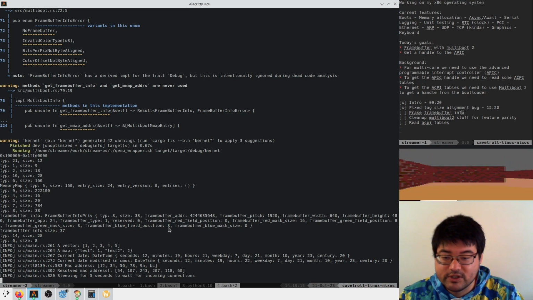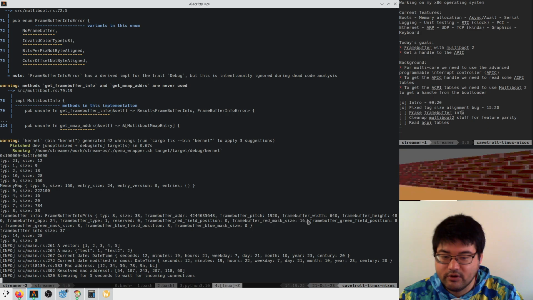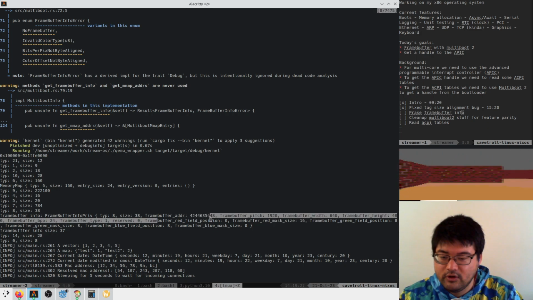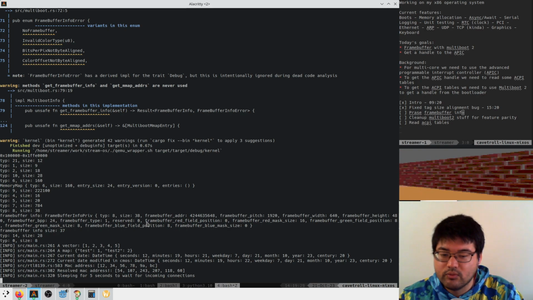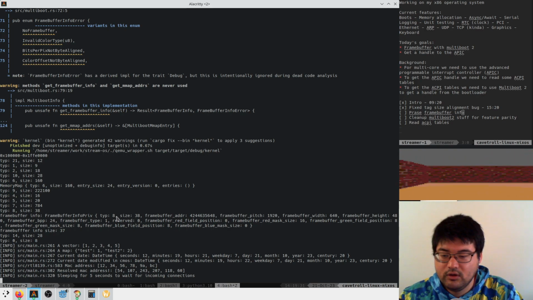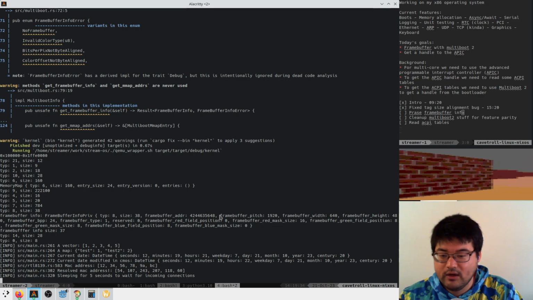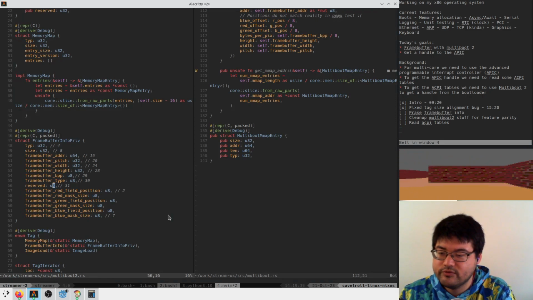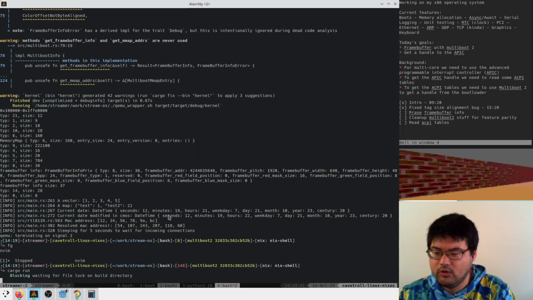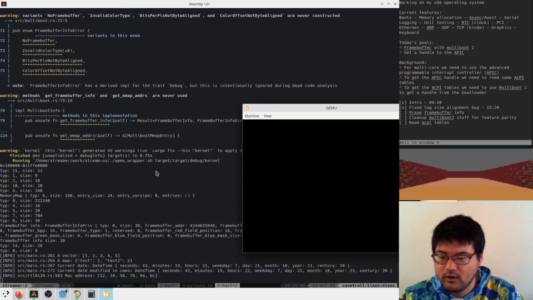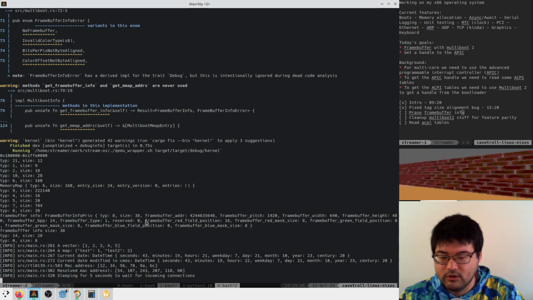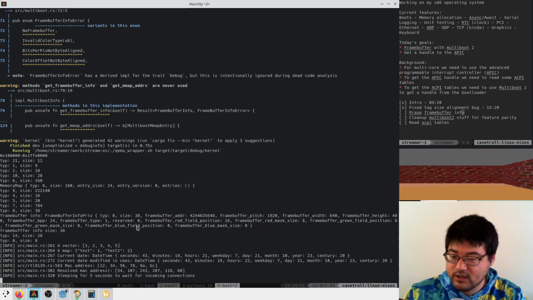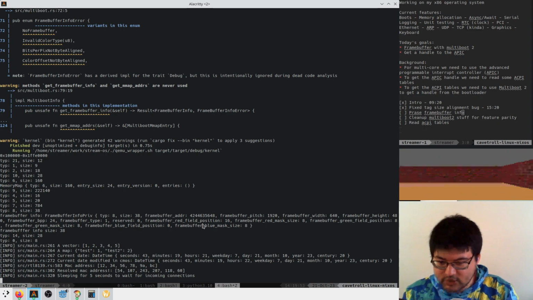And does this stuff match up? Red field position 0, red mask size 0. This is still messed up. We know that the red field position is 16 and that the mask size should be 8. So I wonder if we make our reserved a U16, which doesn't match the spec, do we get something much more reasonable? Red field position 16, red mask size 8. Green field position 8, green mask size 8. Blue field position 0, blue mask size 8. That's much, much more correct.